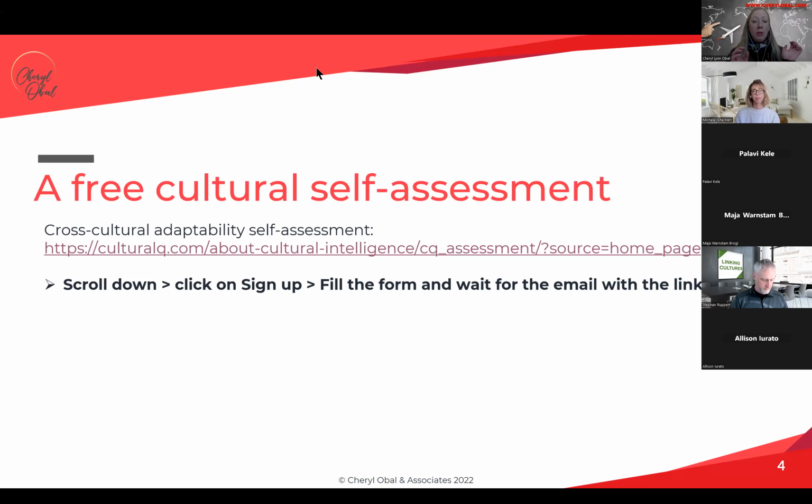You have to enter your name, your email address, and then it says here within 1 to 2 days, you will get your instructions and your link to perform your self-assessment. So I recommend doing it for yourself in any case, just so you can see how it goes in case you want to use this with any of your students.